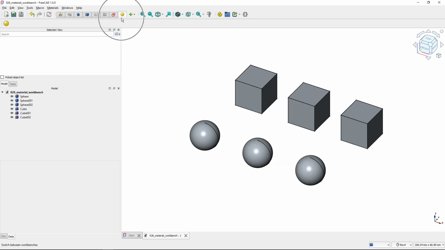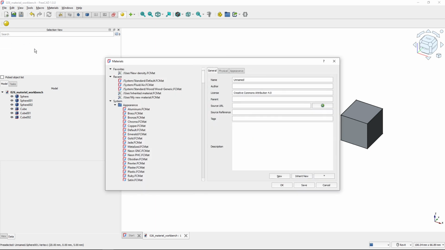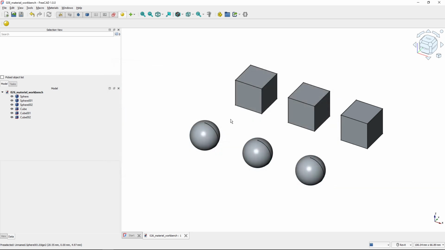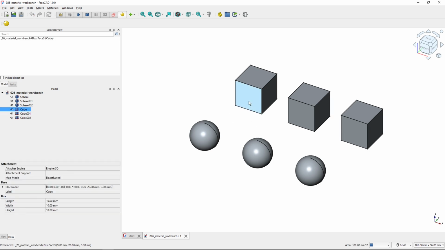So the Material Workbench seems like a simple one because it has got only one button which opens the material editor, and we will get to this one a bit later. But first, let me show you the basic assigning of appearance as you were previously used to in previous releases of FreeCAD. So if you want to just plain and simple change the color of this cube, I will select